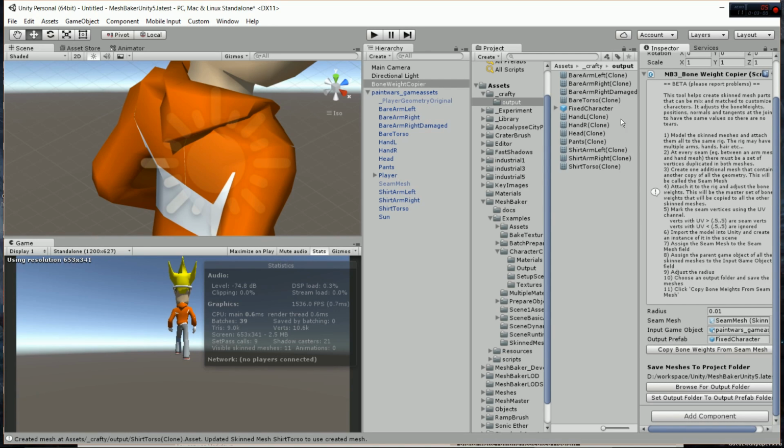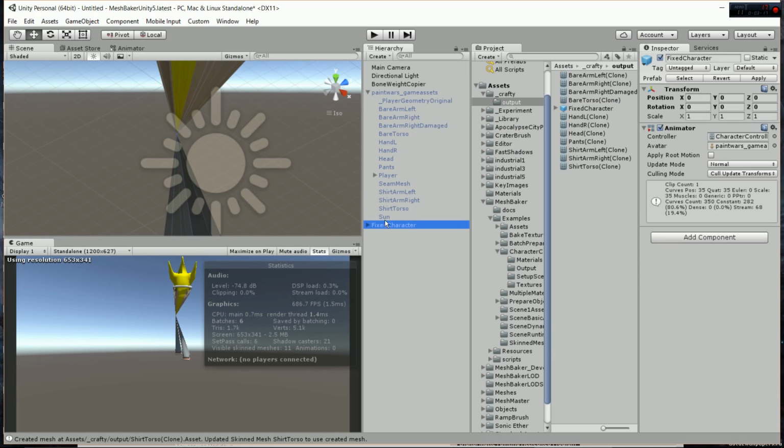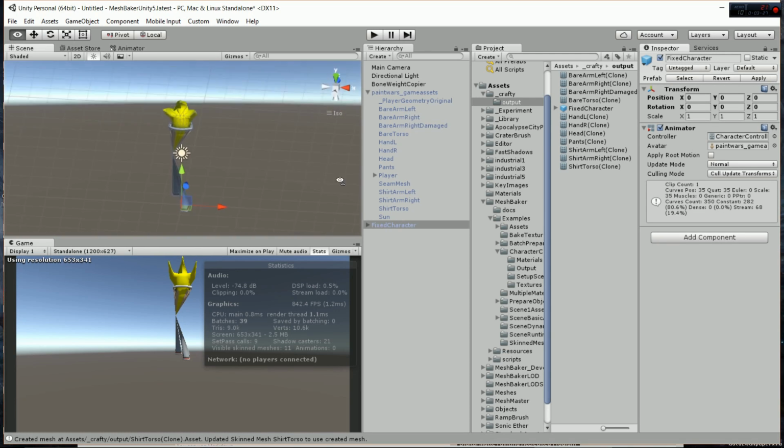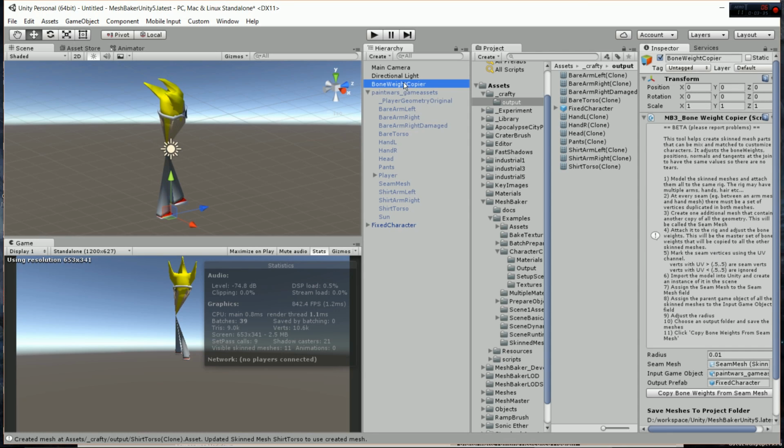So it chugs away and it creates all these mesh parts, and it's put the character into there. So let's see how that looks. So I will disable the model that's in our scene currently. I'm going to drag this guy in here. Does he? Yeah, he has the character controller and everything. And whoa, what happened to him? Oh, okay. So I think what happened is if we go back to our bone weight copier, see how there's